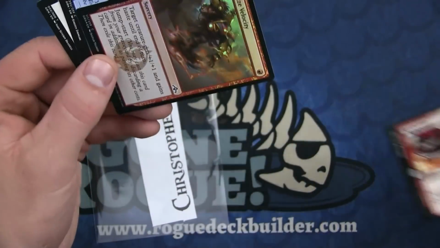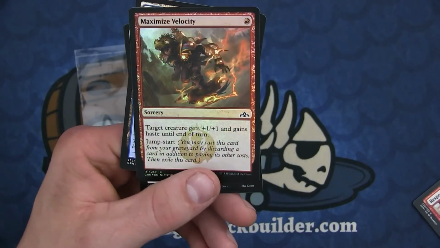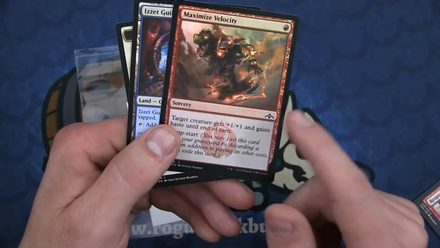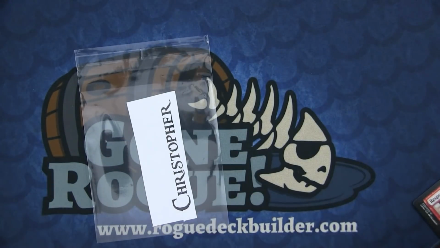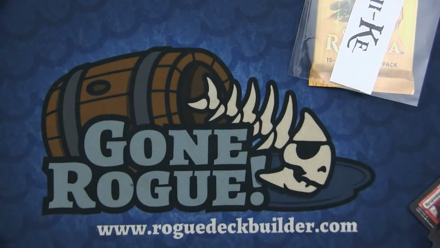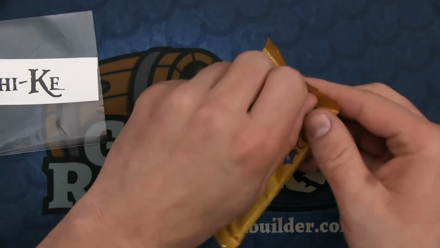Love that card. And we have a foil, Maximize Velocity. I'm still thinking about it in Pauper Heroic, mono red. It might be there because there are a lot of flashback cards, but I don't know if that's actually better. +1/+1 and haste is strictly better than just the haste that a lot of them have. And then the jump start, again, you just have an excess land. There you go. Okay, we have